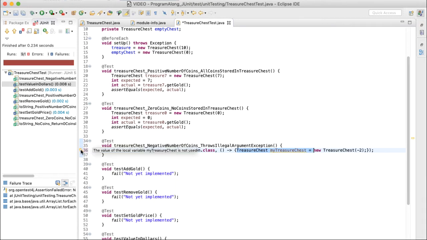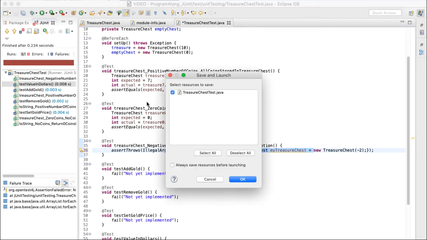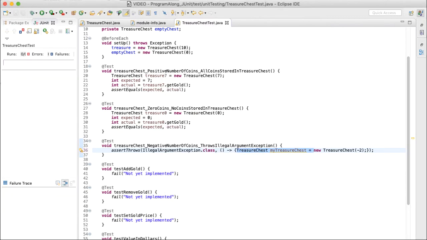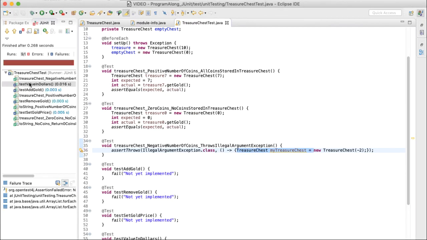So when I roll over it, I'm reminded the value of the local variable is not used, which means we should not create variables that are not used. Would it work? Yes, it would. I could run my tests. It would still pass, but it is better code not to declare a variable,